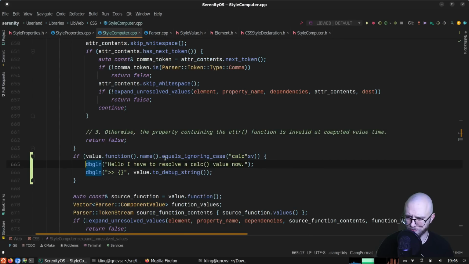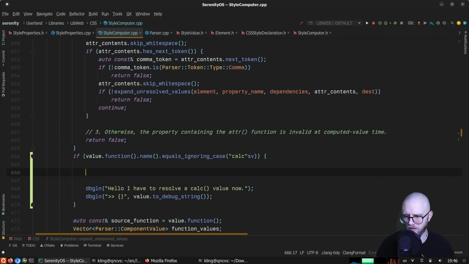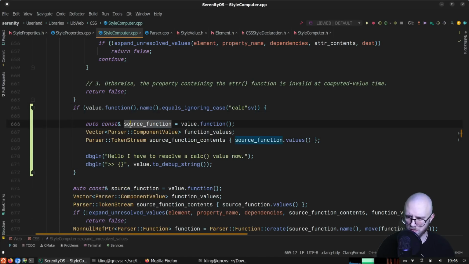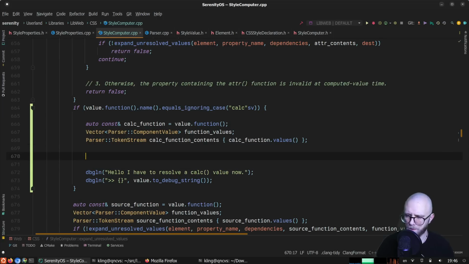Let's see. So how do we get the... Oh, we do this thing. To get the tokens inside the function call, we do something like this. Okay, so source function, we'll call it calc function here. And then CSS parser,